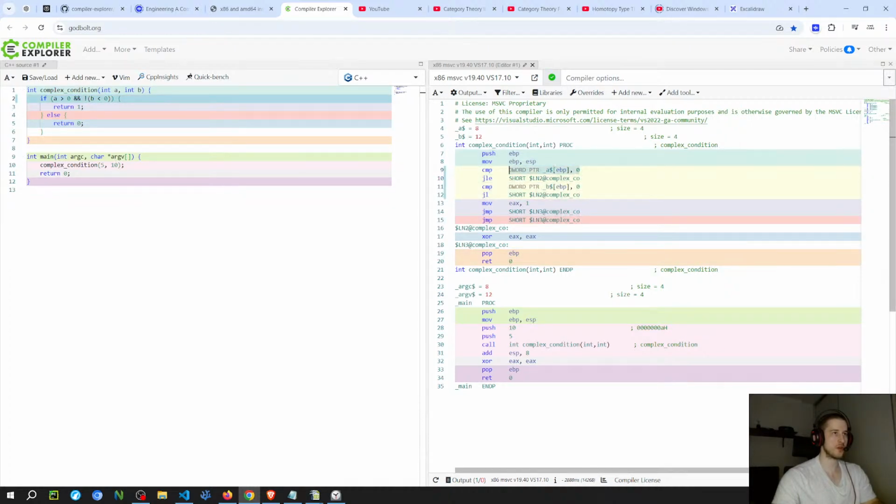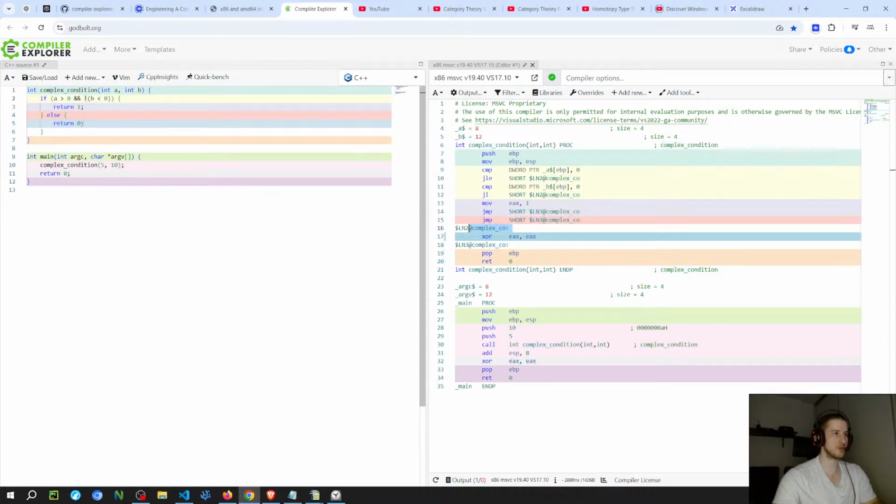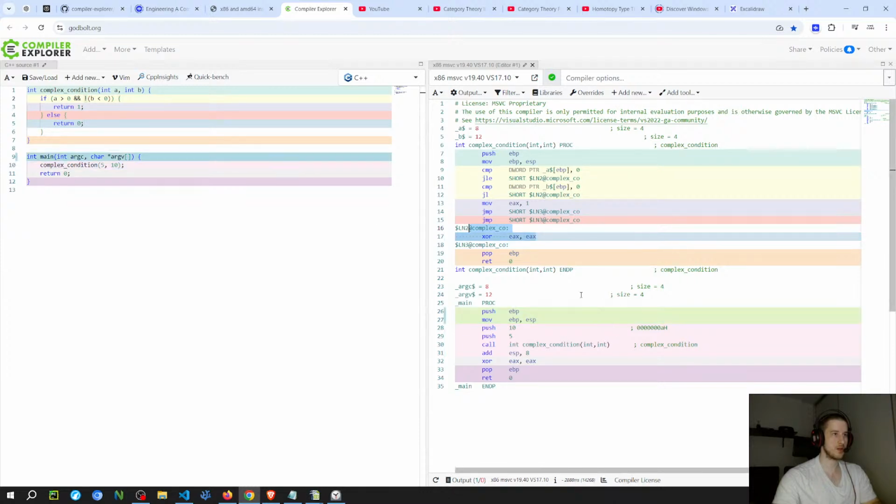So it's comparing 0 with A. So this would be the first condition, to see if A is greater than 0. I think this jumps if it isn't. So yeah, if it isn't, then it's gonna jump to this label, which just zeros the register because it's gonna return 0. And then it's gonna execute the other stuff anyway, because this is something that I didn't know last time. But on assembly, when you have jumps like this, it's gonna execute anyway after the first jump.